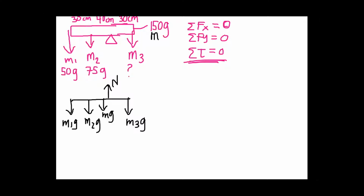And we're going to start with the sum of torques equation. So torque, as we know, is equal to radius cross force. So we're looking at the radius from a point that I'm going to choose, and seeing as I don't know what this normal force is, I'm going to choose the placement of the fulcrum to be the point from which I measure my radius. I'm going to call that 0. That way, when I'm multiplying the normal force times a radius of 0, I get a torque of 0. So I don't have to worry about what the value of the normal force is yet. So that eliminates a value that I don't know, which will leave me with 4 forces that will now apply a torque. So setting up my equation,